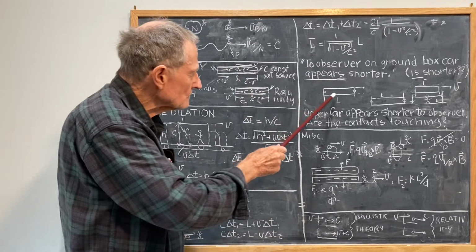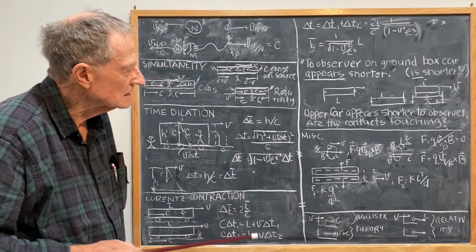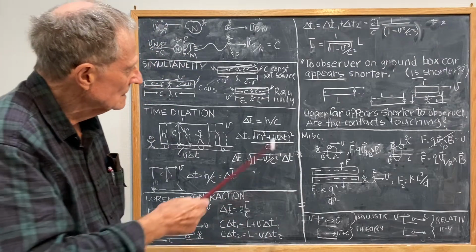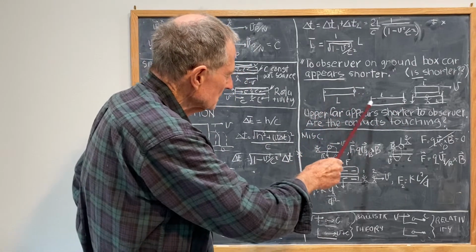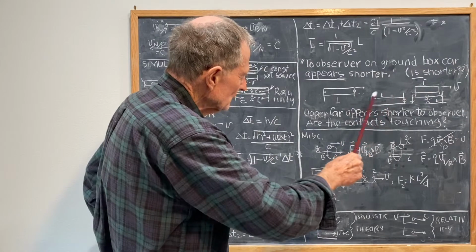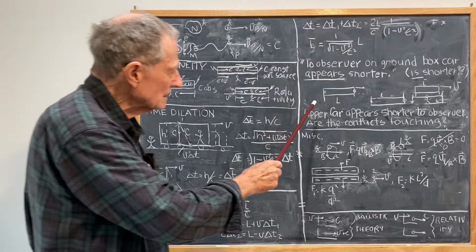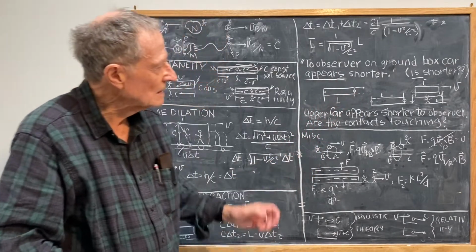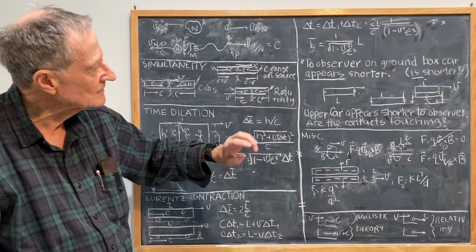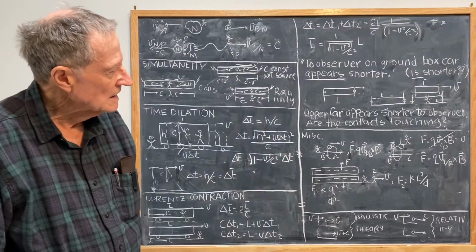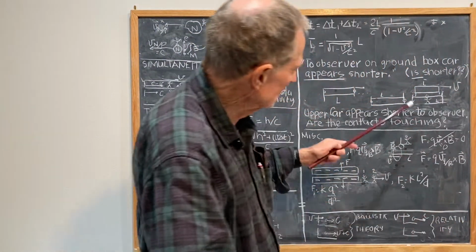Suppose I have two cars of exactly the same length at rest, and they each have a light bulb at the end and contacts coming down from and up from the light bulbs, so that if these contacts touch, the light bulbs flash. So now imagine the situation that this car is moving at a speed v, and in that case,